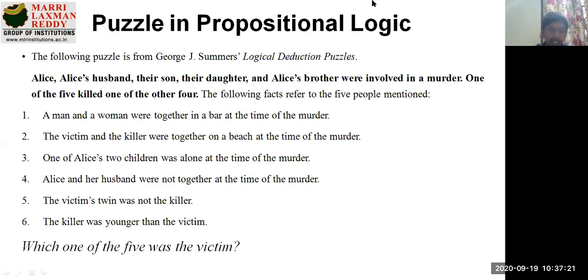Talking about the question here, Alice, Alice's husband, the son, the daughter, and Alice's brother were involved in a murder. So one of the five killed one of the four. You have five members here, and one of the five has killed one of the other four members. So with respect to that, there are some